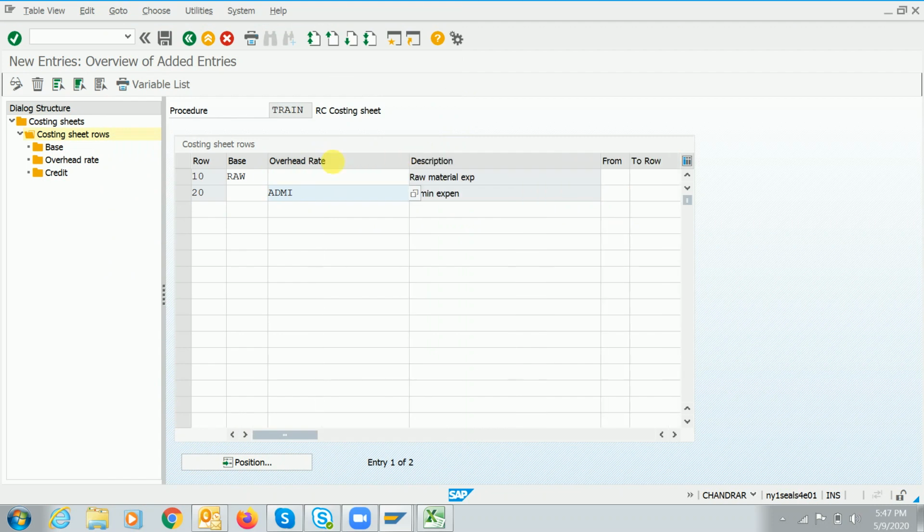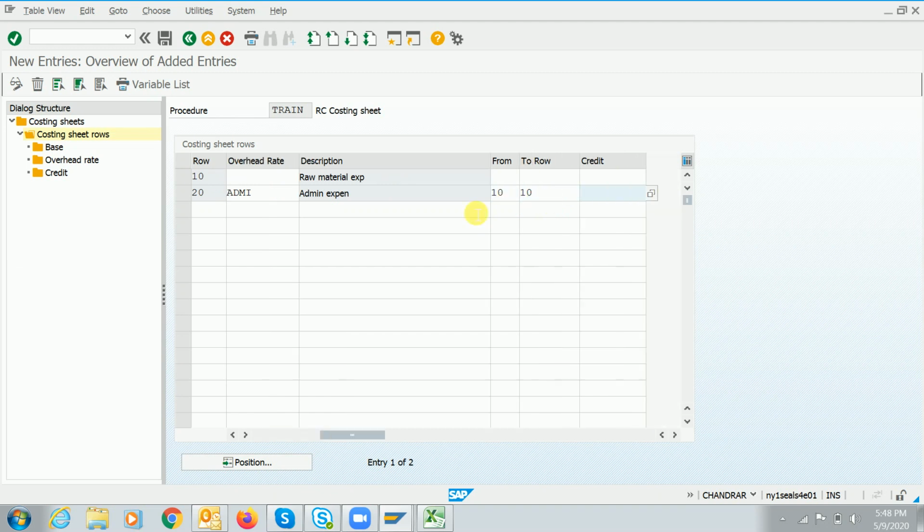Here in row 10 I have given the base. In row 20 I have assigned the overhead rate. Here I have the from and to rates. I have mentioned the percentage, guys, in the overhead rate. Here I have to enter the row number of the base. For the base, what is the row number? 10. So here I have to mention the number 10.